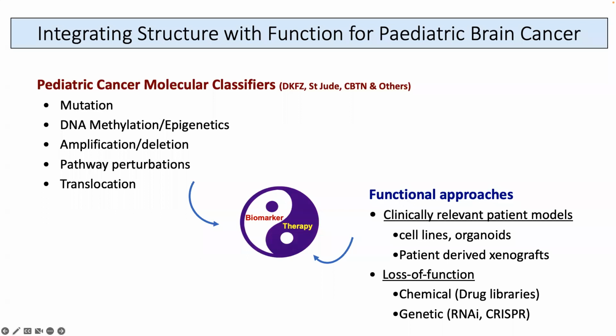As we all know, over the past 10 years or so, there have been large scale efforts that have provided us a deep understanding of the molecular landscape of the pediatric brain cancer genome. This includes groups such as CBTN, St. Jude's, DKFZ, and others that have provided a treasure trove of information regarding the molecular alterations, such as mutations, DNA methylation, pathway perturbations, and has enabled us to classify pediatric brain tumors at a very